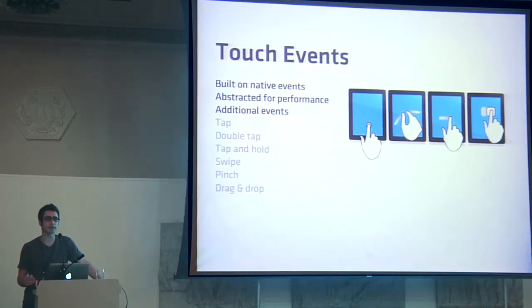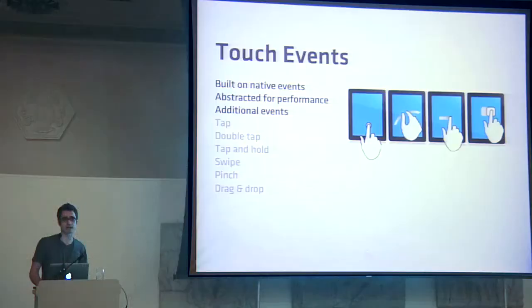We go a step further than that. We abstract them all to the document so that they're performant, so you're not binding touch events to every list item or things like that. It's all handled in the background for you when you bind an event our way. And in doing so, we actually get to add in a whole bunch of more sensible default events. So you get things like tap, double tap, pinch, rotate, stuff like that,